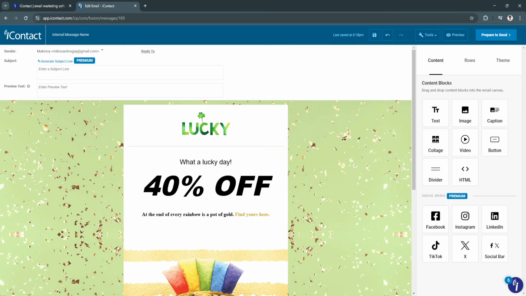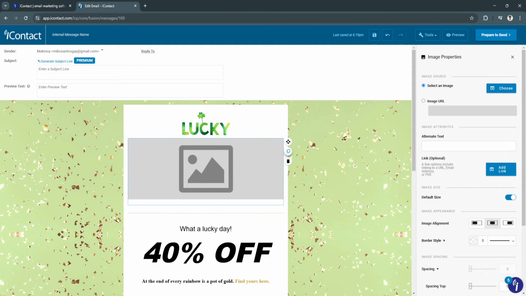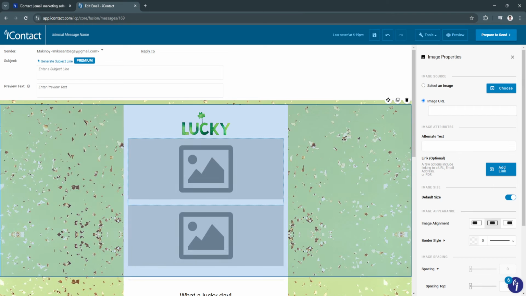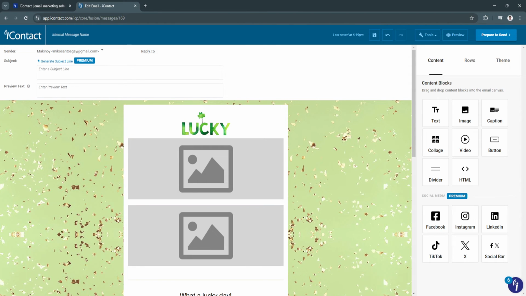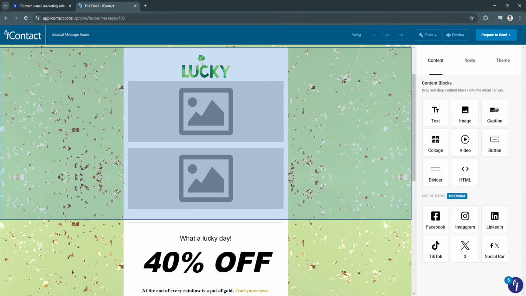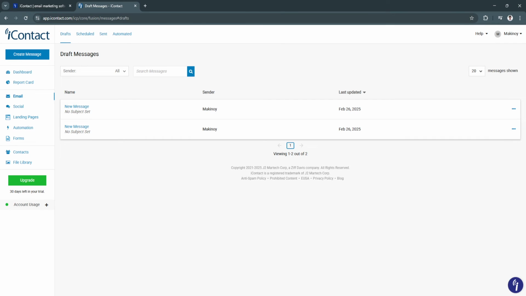You can drag and drop this content block. Let's say you want to add an image right here. You can also duplicate it. To add an image, just click choose in the top right, or select the image URL. Feel free to explore more about how you can edit your emails. Let's go back. Next is our